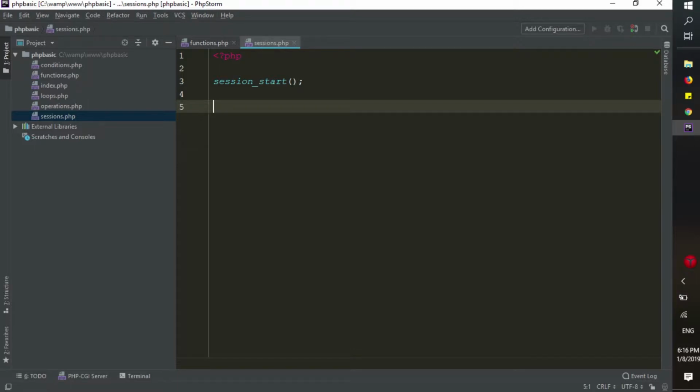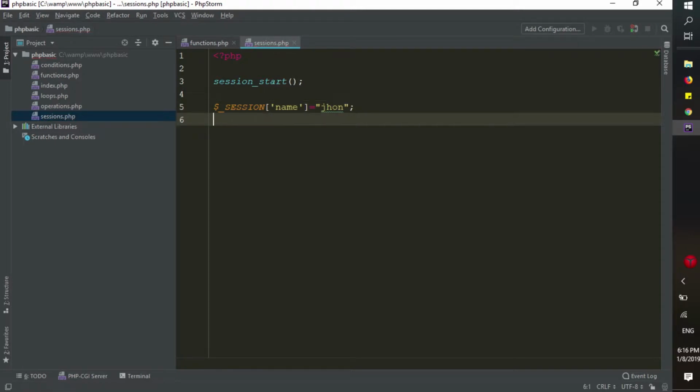And then $_SESSION, and you have to give a name to the key. So for example, name, and it is an array. So name is equal to John, for example,